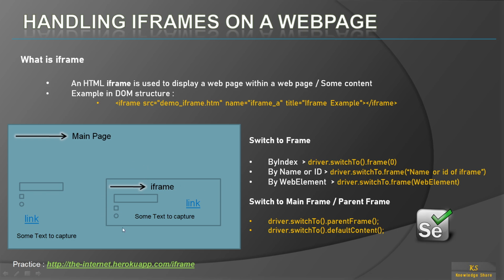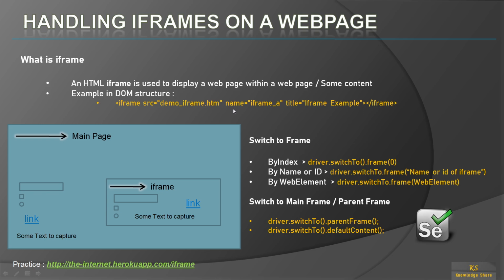First of all, you have to navigate into this iframe and then only you will be able to read the web elements. So in order to navigate to the iframe, you have these three methods. You have to first identify the iframe. So this is an example. You can see here, this is how the tag looks in a DOM structure. The tag starts with iframe and it will have a destination of that HTML and the name or ID or any attribute.